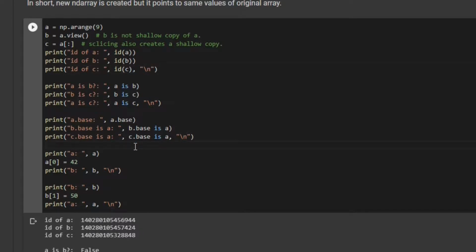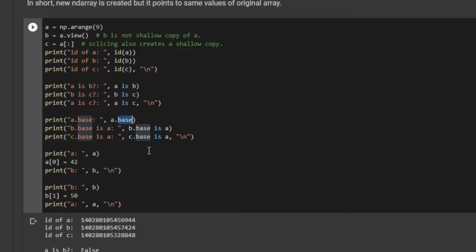Guys, there is one attribute called base in ND array. That base refers to the original data. If the current ND array, here A.base, is derived from some other ND array, then base would point to those elements.